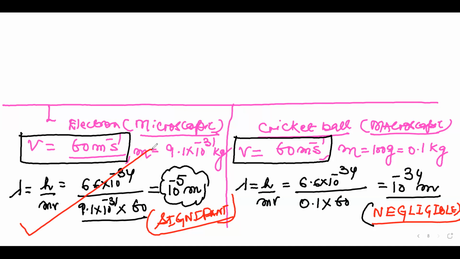all material particles. But it holds significance only for microscopic particles, because macroscopic particles के अंदर जो उनका particle nature है, that is very high, and because of that their wave character is negligible. Whereas when an electron is in motion, it will have a very significant wave character. So with this example, I have tried to justify that the de Broglie concept of duality of matter is applicable only to